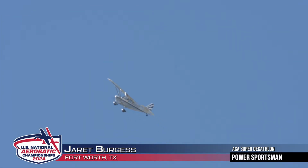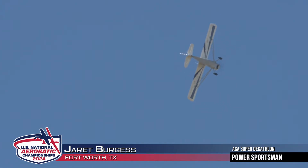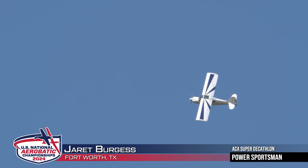As they work their way down in the lower altitudes, judges even have a better view, but staying above their hard deck floor, so they don't get any low calls. If you fly too low, below your category's boundary floor, you can get penalties, and those penalties can start adding up as we go into this left